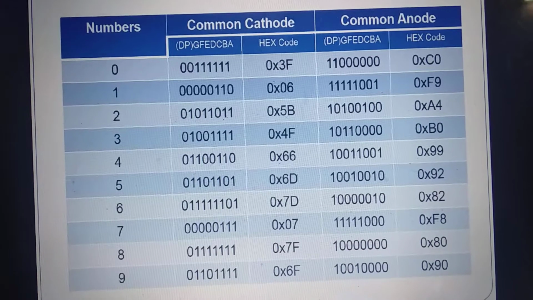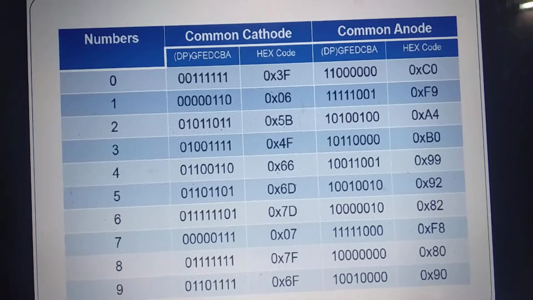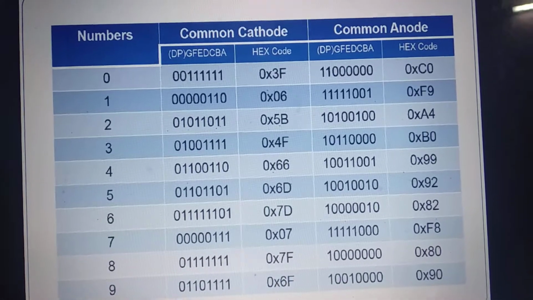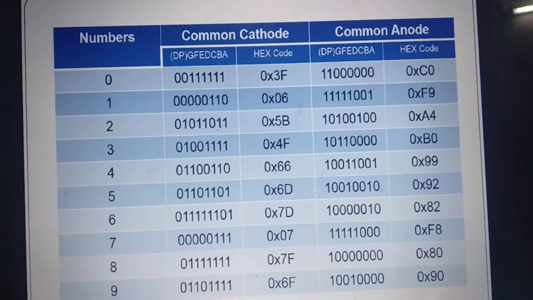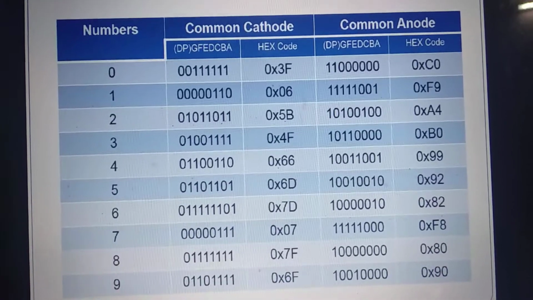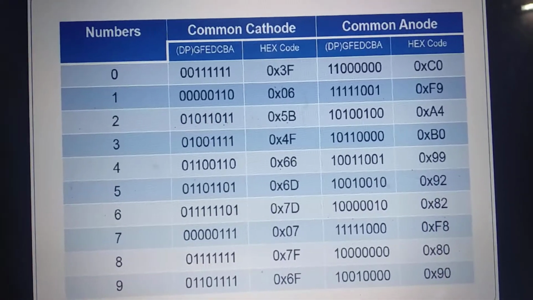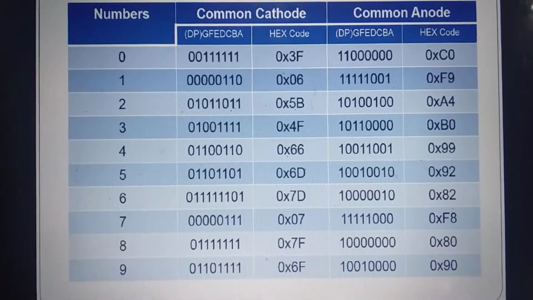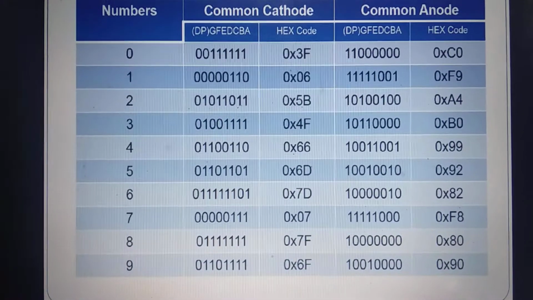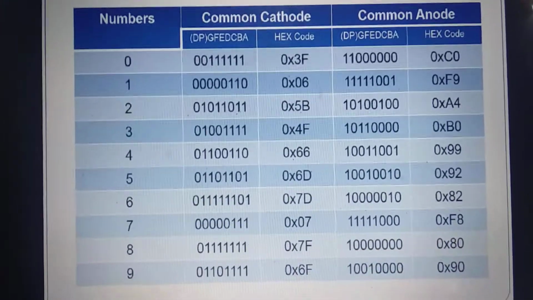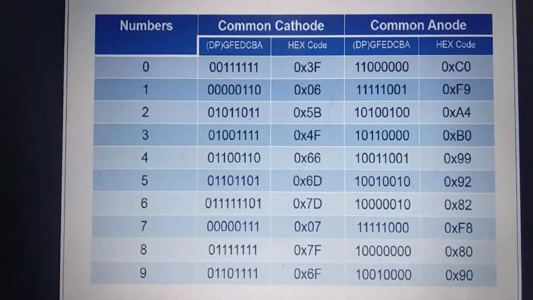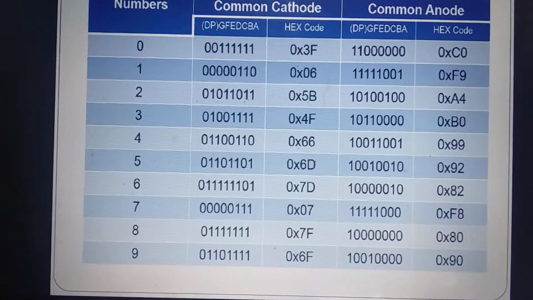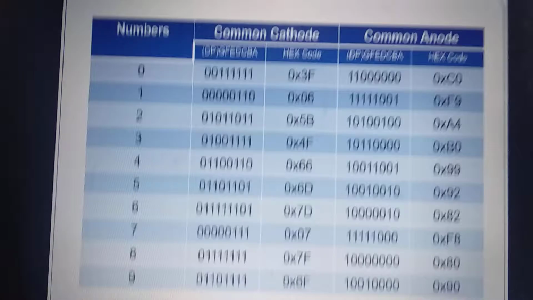For glowing 1, the B and C segments are 1 for common cathode, but for common anode B and C should be 0, and the rest of the bits will be 1. So for common cathode display, the equivalent hex code for glowing 1 is 06 hex, whereas in common anode display it's F9 hex. So that way we need to prepare the lookup table when we want to display any pattern of our particular choice.